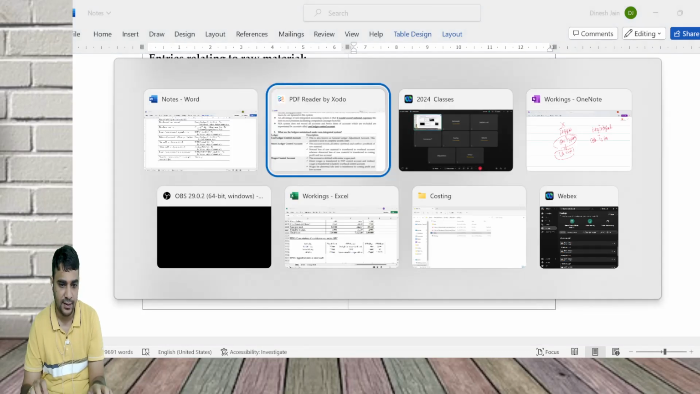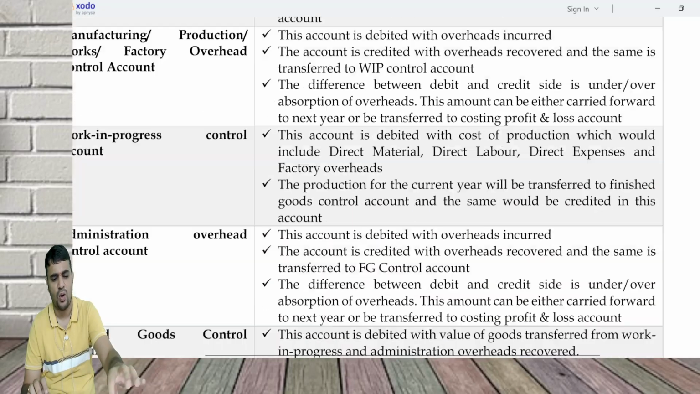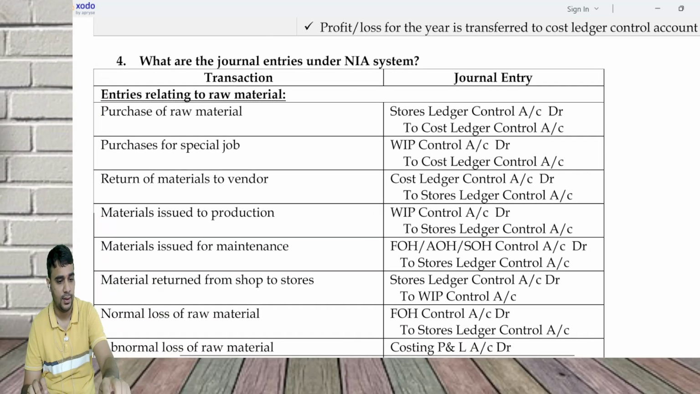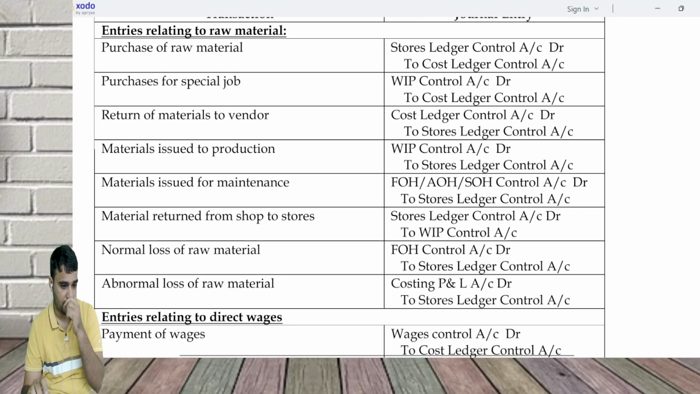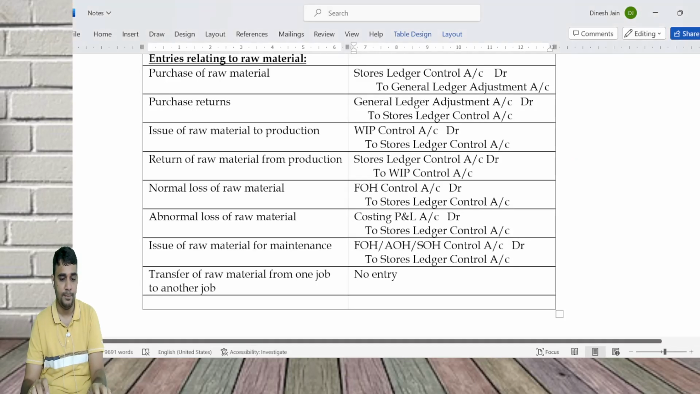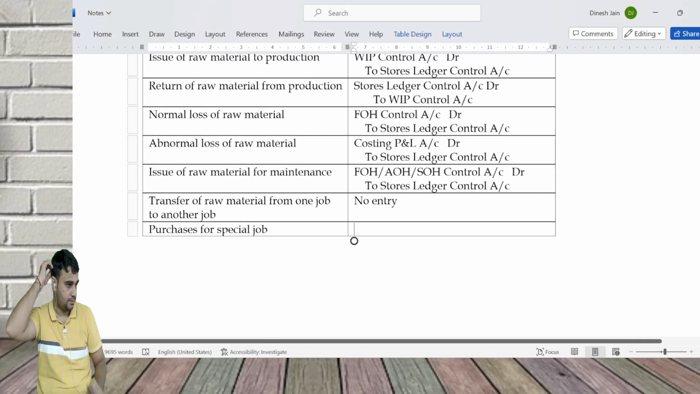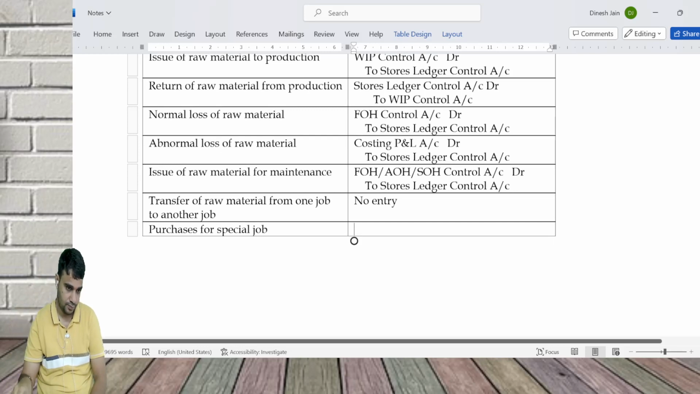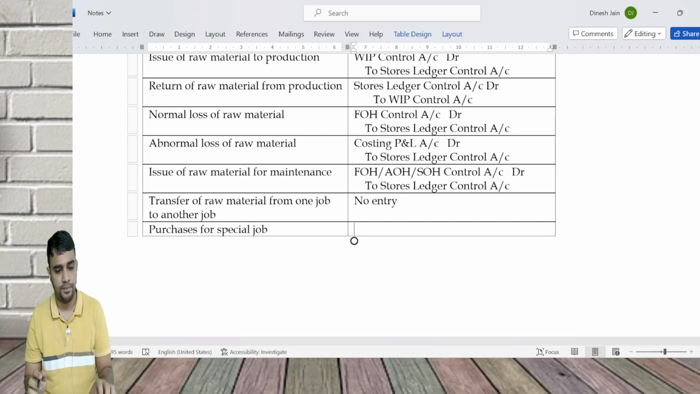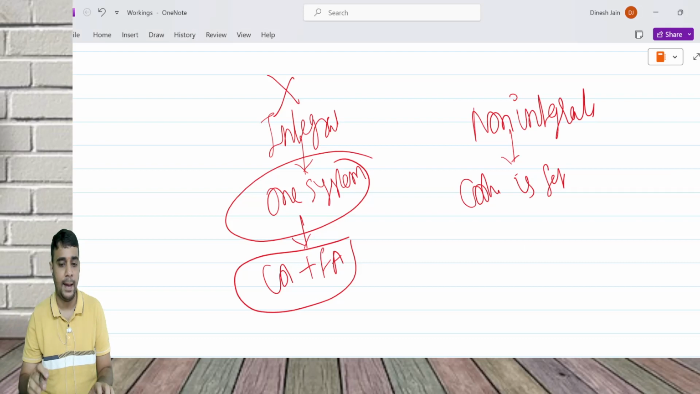Let me check if any other entry is there. I think all would get covered related to raw material: purchase of raw material, return of material, material issued to production, maintenance, return. Okay, there's one more entry. Purchases for special job. Okay, now listen. What normally happens is